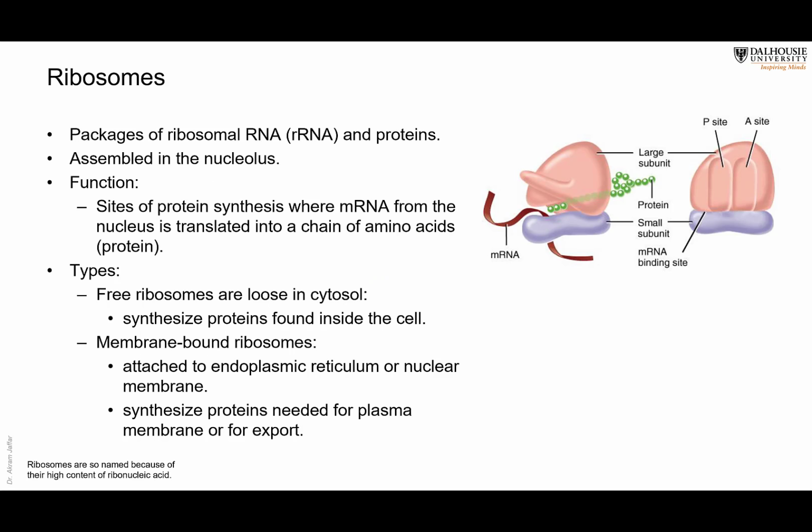So these ribosomes, in fact, are formed of RNA, ribonucleic acid, and protein. They are packages of RNA and protein. They are assembled in the nucleolus. They go as the site of protein synthesis. They are either present free in the cytoplasm, where they are going to produce the proteins that are used inside the cell, or these ribosomes are attached to a network of flattened sacs,